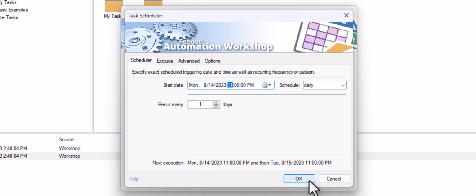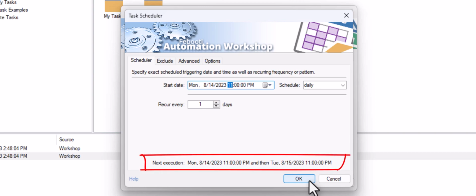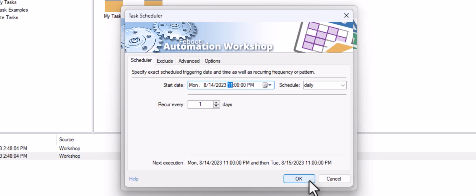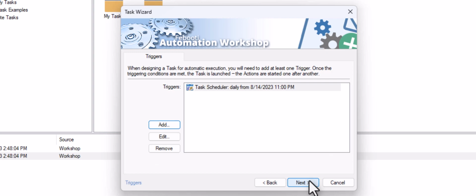They have been explained in detail in our other videos. Also, the Task Scheduler trigger displays the next few scheduled run times at the bottom of the window. Now the trigger is ready. It will run our workflow every day at 11 p.m.